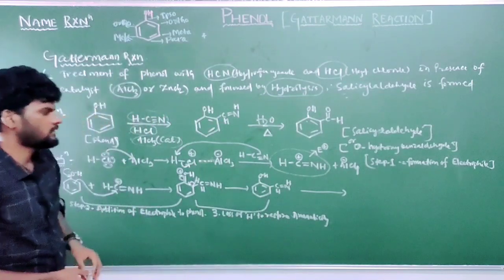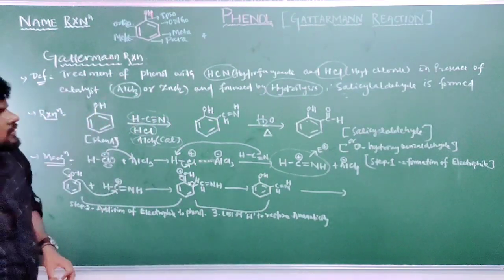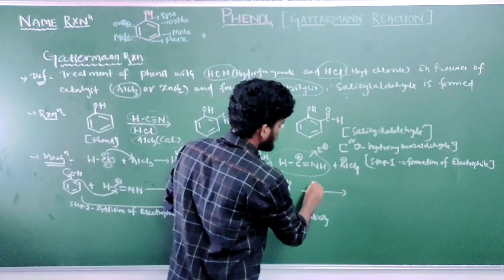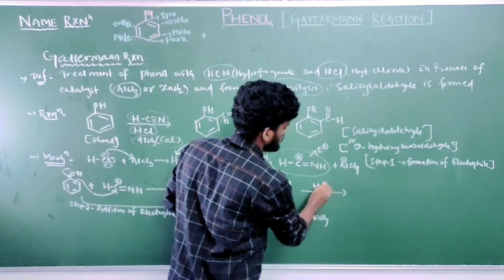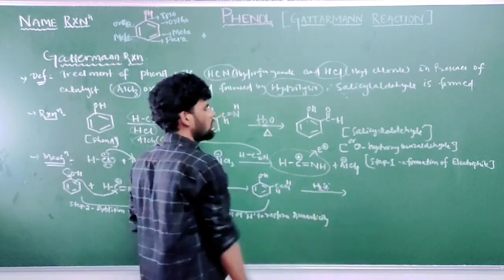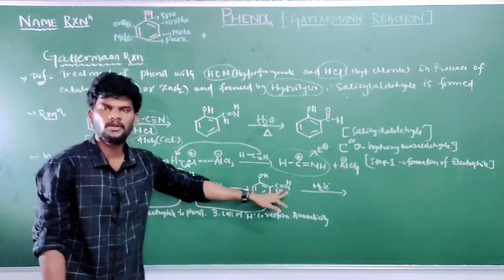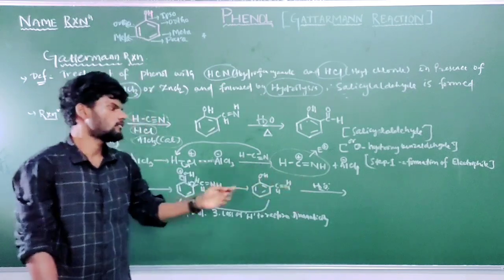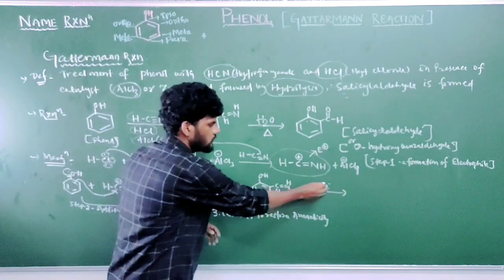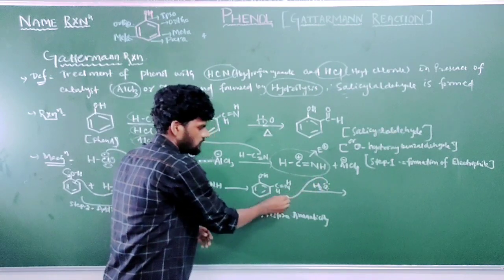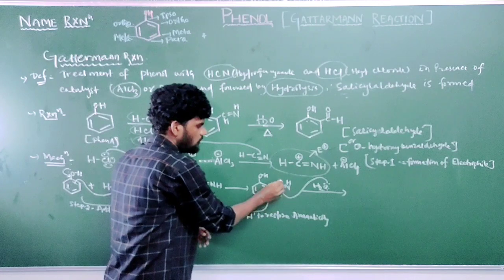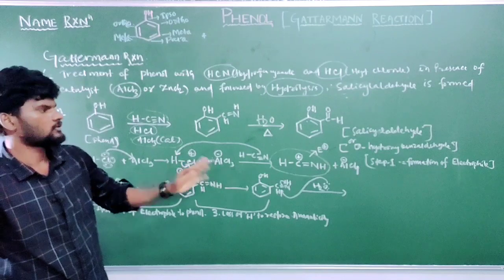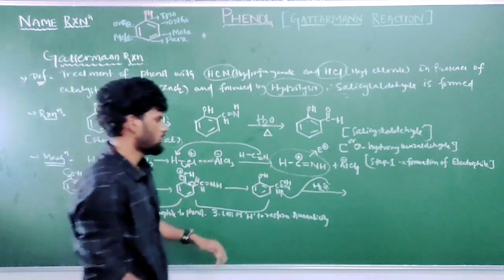In the next step, you see we are using water. What is the role of water? Here water will behave as a nucleophile. It will attack the C double bond N; the imine group is present. So water will nucleophilically attack the imine group. How? See, the non-bonded electron pair over oxygen attacks this carbon, and this bond moves over to nitrogen. Negative charge over an electronegative nitrogen atom is stable.